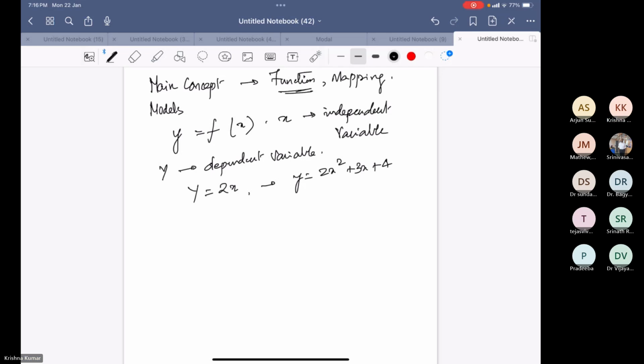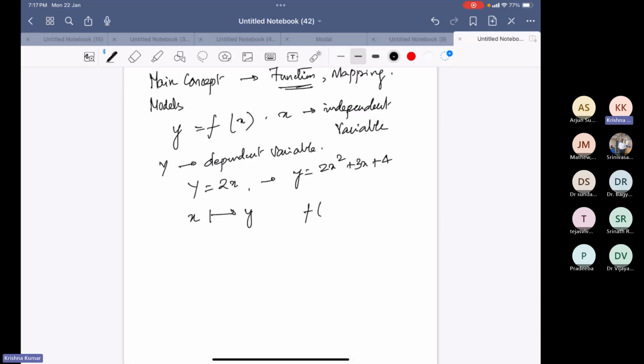So, the first concept we have to notice is that the function takes one variable called x, and that's the symbol we will use to go to y. So, that's why it is called mapping. Now, later we will see that it need not be just one value of x. In other words, the function can operate.